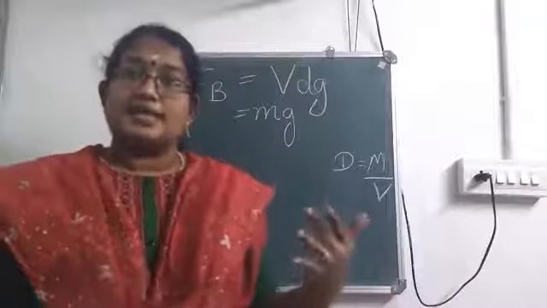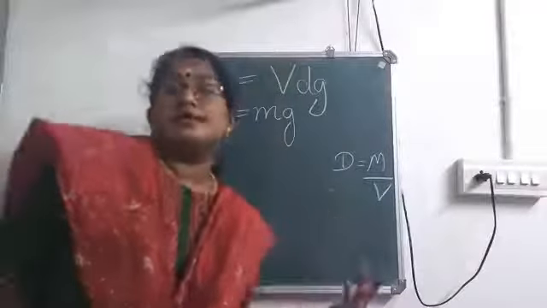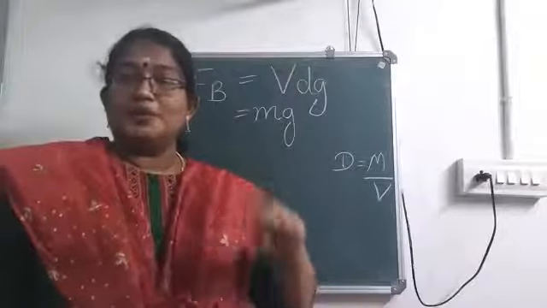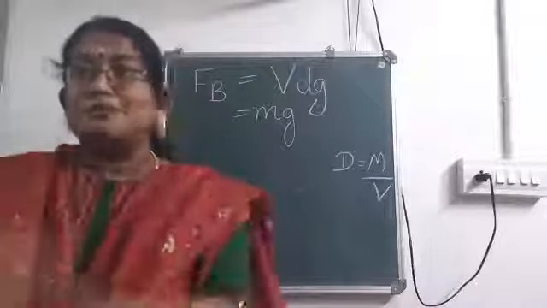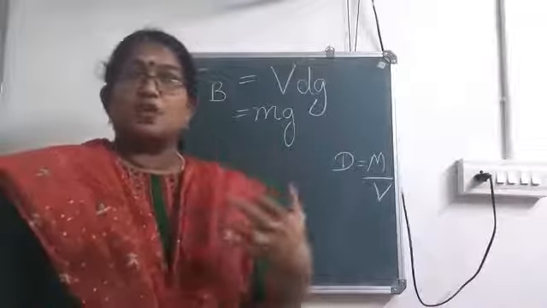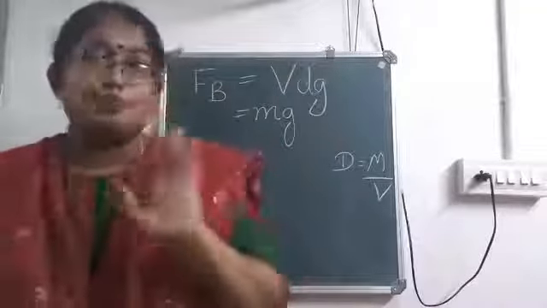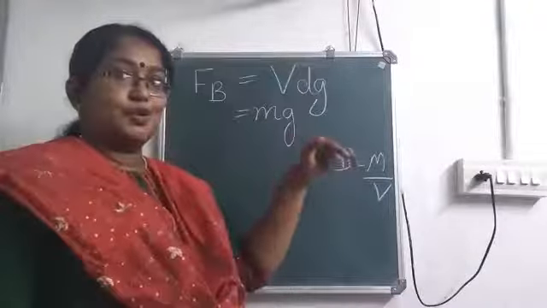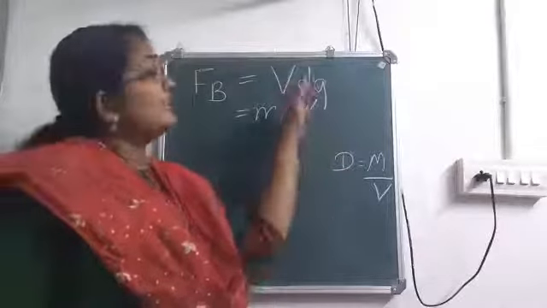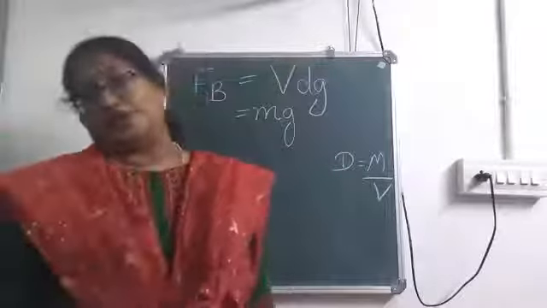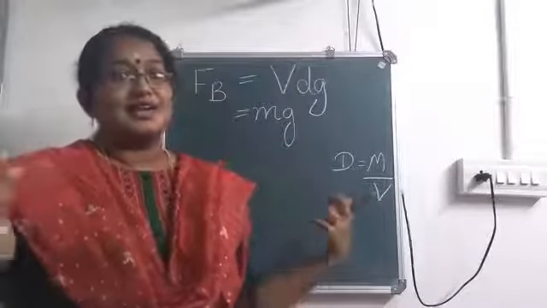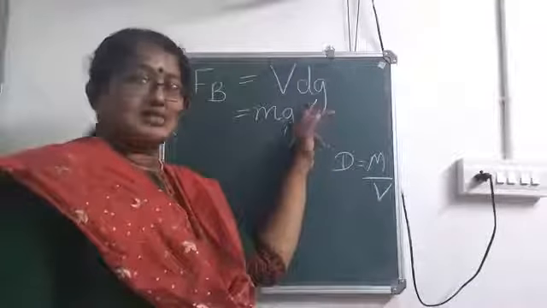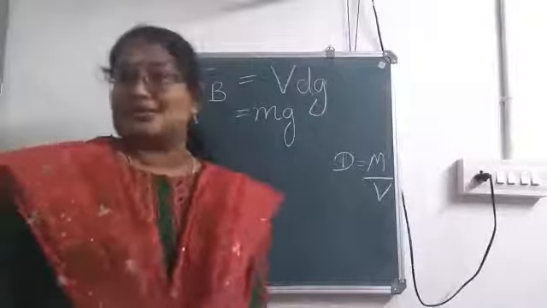Instead of that you can say volume of the liquid displaced. So when an object is immersed or dropped into water, that much water will be spilled out. ആ ഒബ്ജക്റ്റിന്റെ വോളിയത്തിന് ഈക്വൽ ആയിട്ടുള്ള വാട്ടർ വിൽ സ്പിൽ ഔട്ട്. Okay, so volume of the liquid displaced by the body into density of the liquid. So we are considering the same liquid. Volume into density, that is why I got the mass.